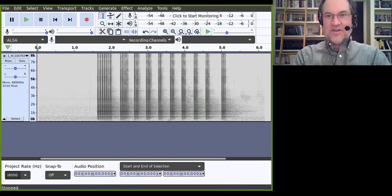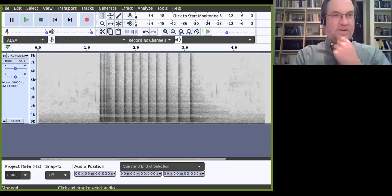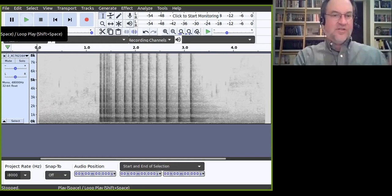Let me do it one more time. Okay, now let me do the same thing for a red-breasted sapsucker. Okay, oops. All right, now you should see a sonogram for a red-breasted sapsucker. In this case, you have an initial burst again,